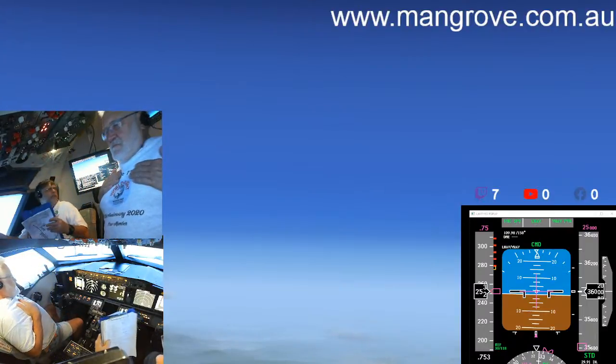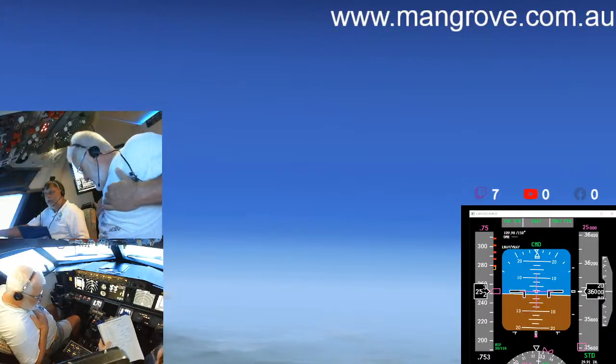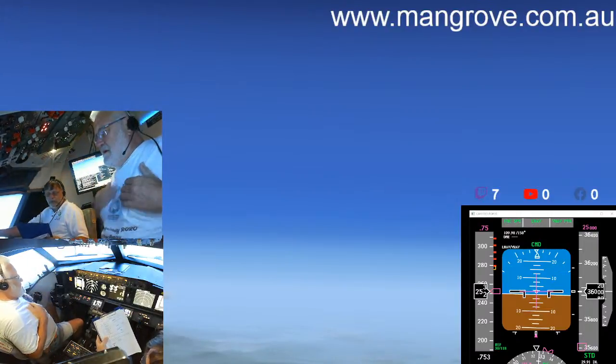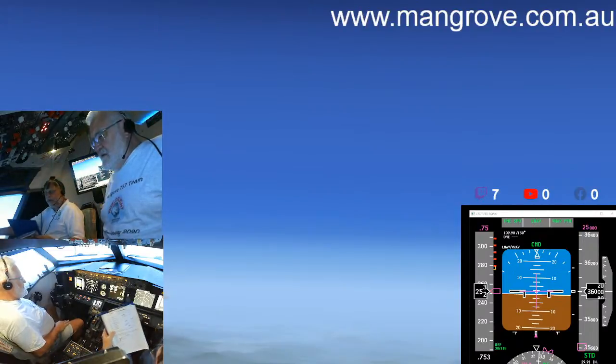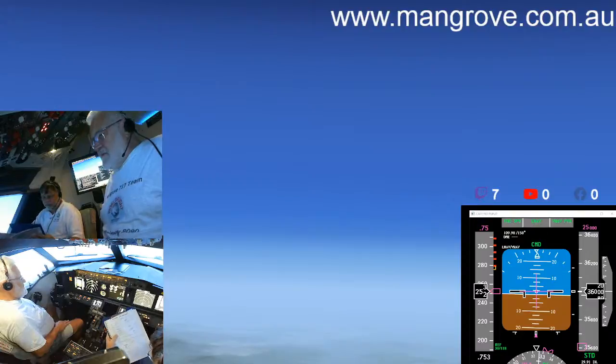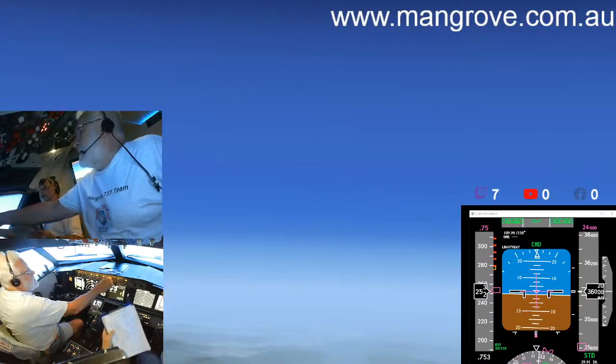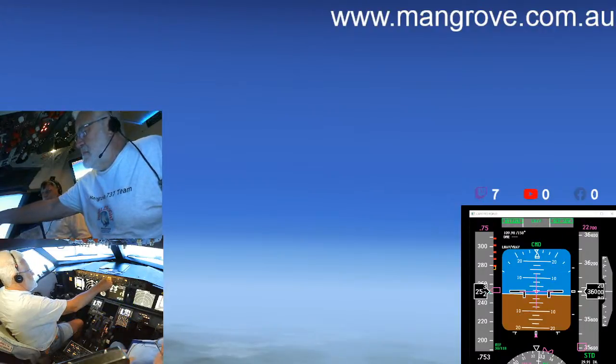Was it centre or approach? Centre, must be centre. Centre still, isn't it? Centre, Mike Charlie 012 with you. About to be 360 for 250 and will maintain 290 indicated. Mike Charlie 012, G'day, descent to follow 130. Is that what you did? Yeah, 130. Track me all the way. You should have said cleared to 130. And 1 Charlie Tango, descend down to 9,000.